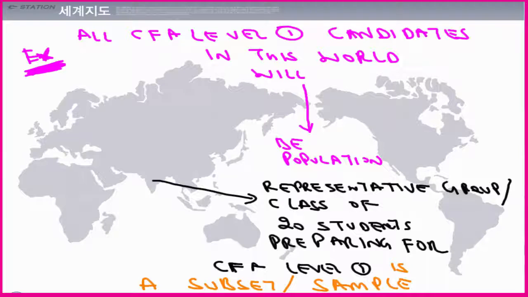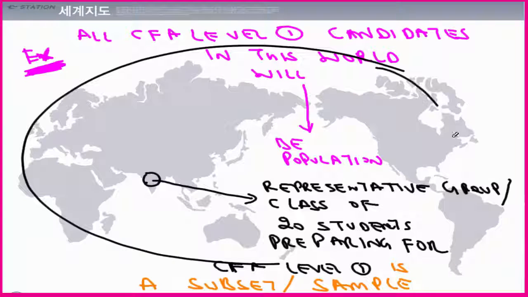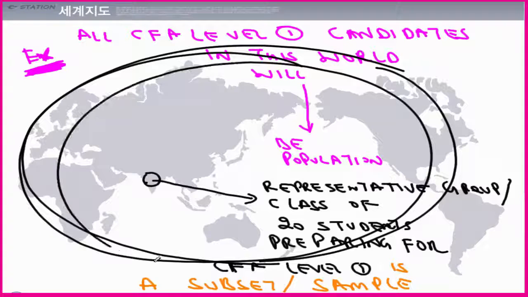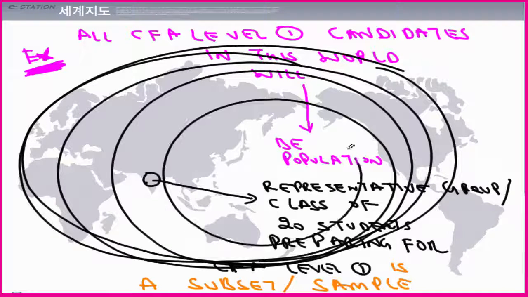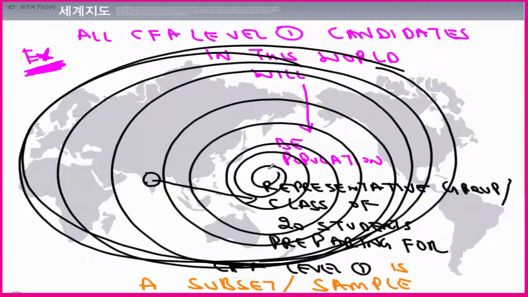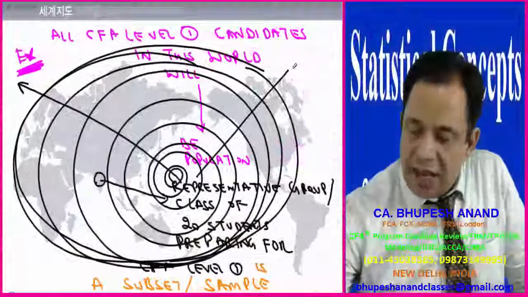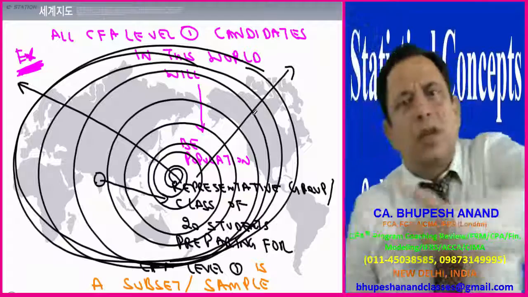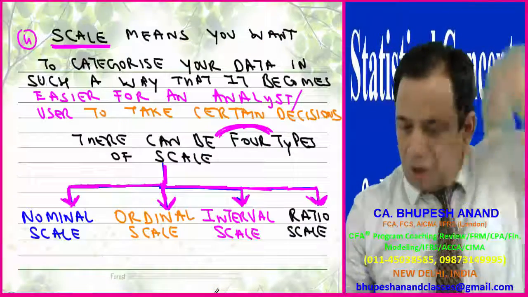I've just prepared a second example for you. All over the world, a large number of students are preparing for the CFA Level 1 examination in the coming June and December. If I take the example of the 20 students sitting in front of me in India, I will say this is a sample. But all over the world, in Africa, London, America, Australia, Netherlands, New Zealand, India, Pakistan, Dubai, the students doing it are the population. Hope you have got the idea.